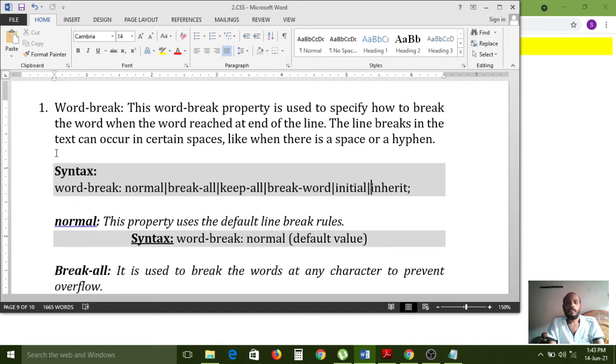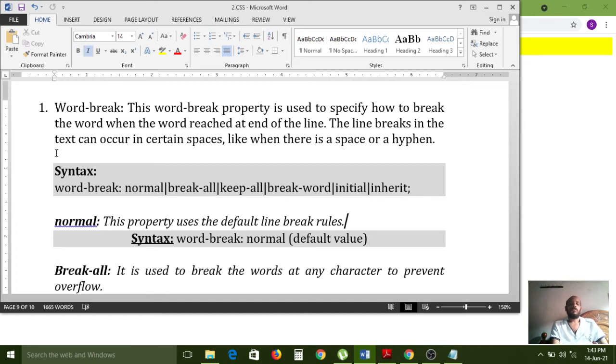How many values can the word break property support? Six values: normal, break-all, keep-all, break-word, initial, inherit.